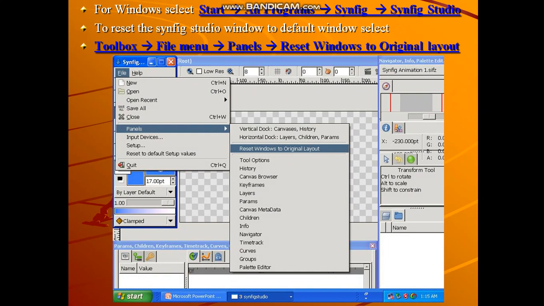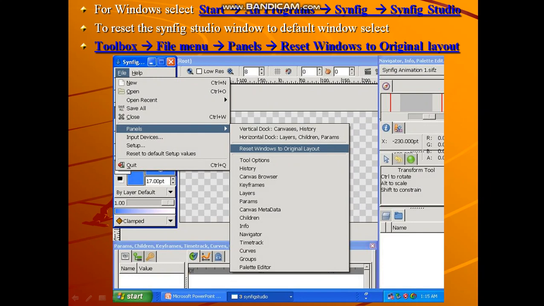For Windows, you have to click on Start, All Programs, Synfig, and in that you have to click on the Synfig Studio option if you have installed Synfig Studio in the Windows operating system. Now if it doesn't show any toolbar, then you can reset all the toolbars.